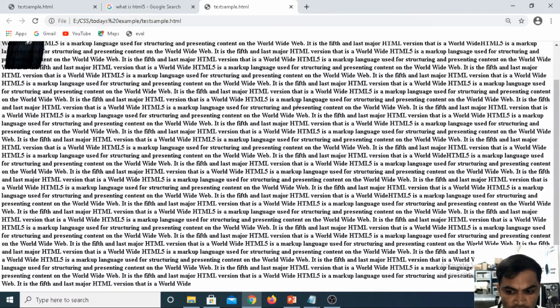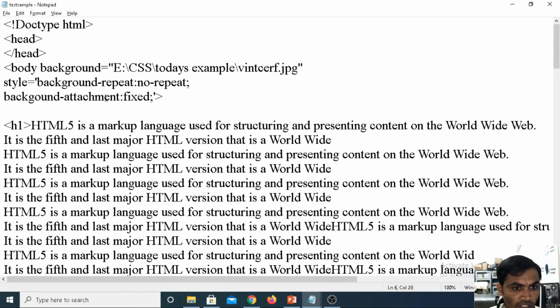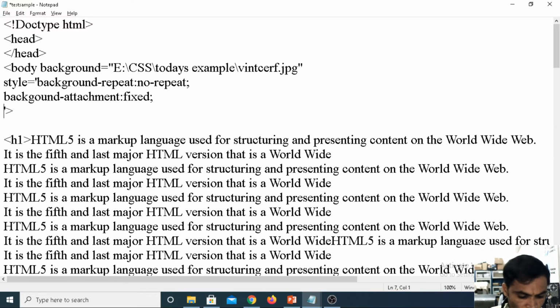If you want to get the image at the center, we have the attribute background position.